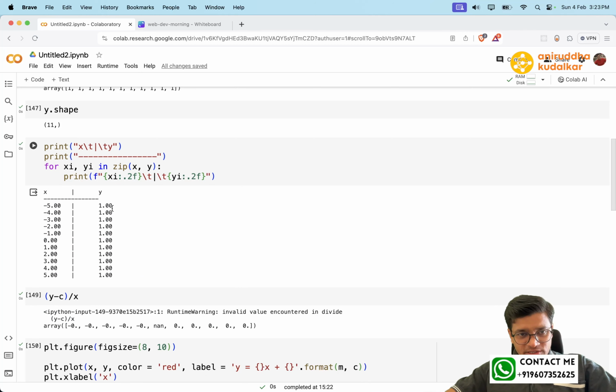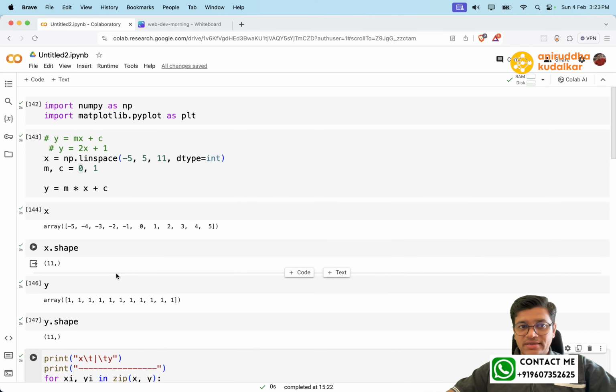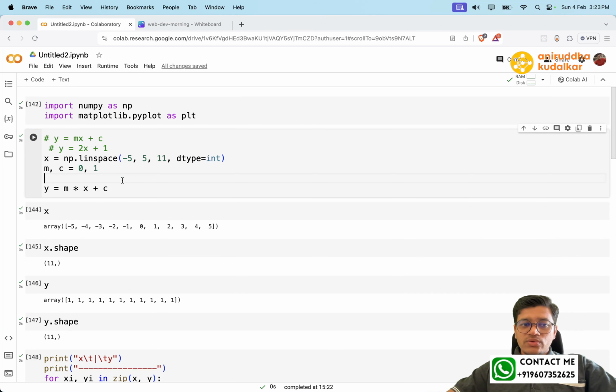Can you see -5, 1? In any case, your line is passing through 1, 1. That is the y-intercept. And your y is becoming 1. Now what I wanted to do,